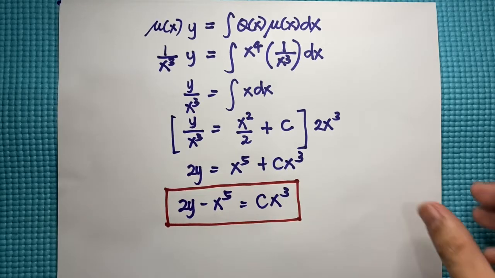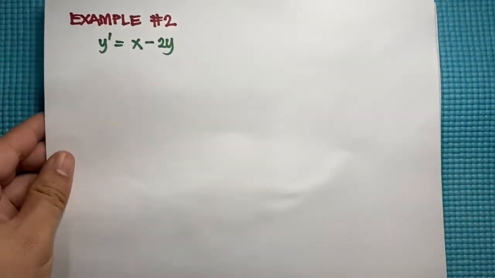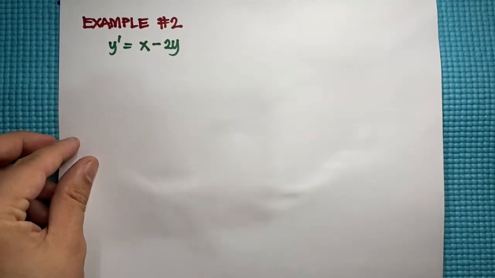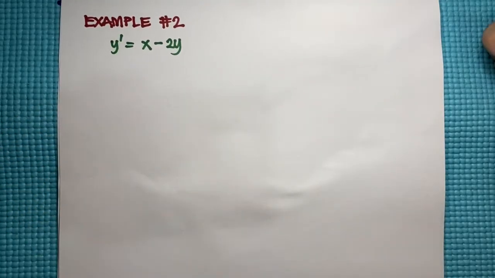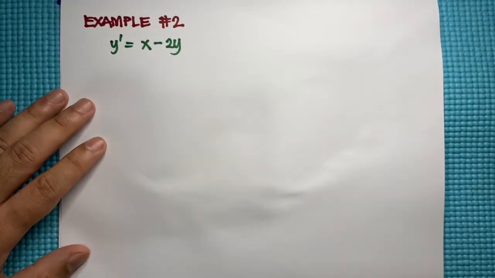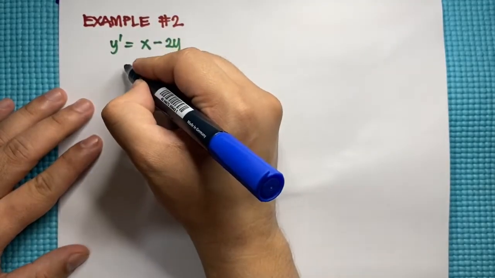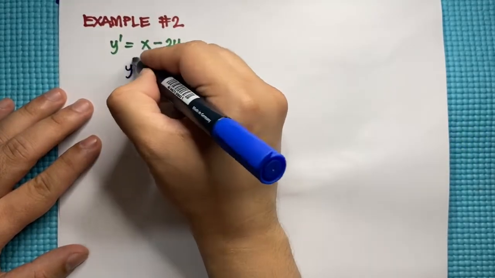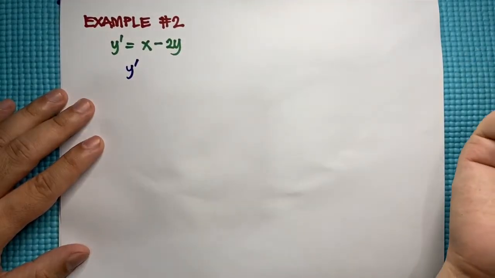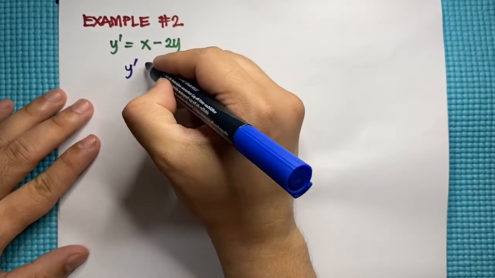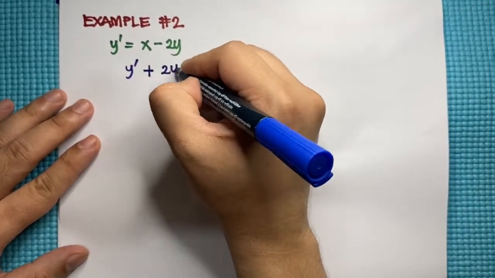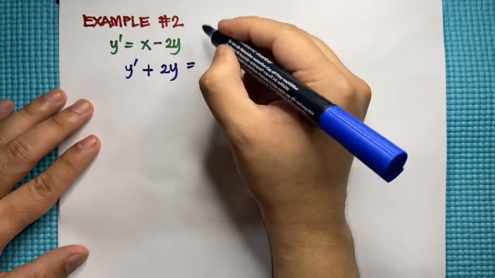So let's proceed with another example. This time we'll have a y prime. So y prime is equal to x minus 2y. This is very straightforward, a simple example. y prime is the same as dy over dx. So we could have a y prime, and since this is dy over dx, it should be linear in y. Therefore we will be transposing the negative 2y to become plus 2y, and that will be equal to